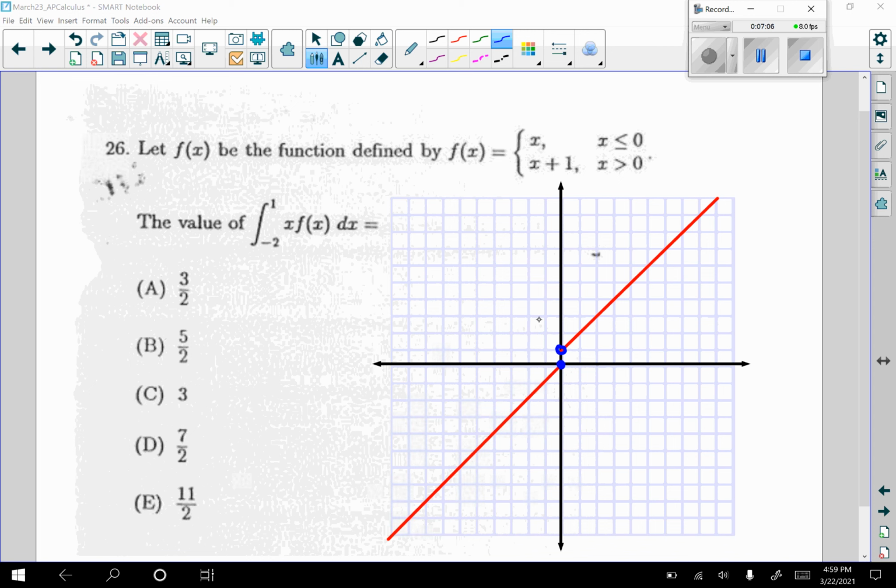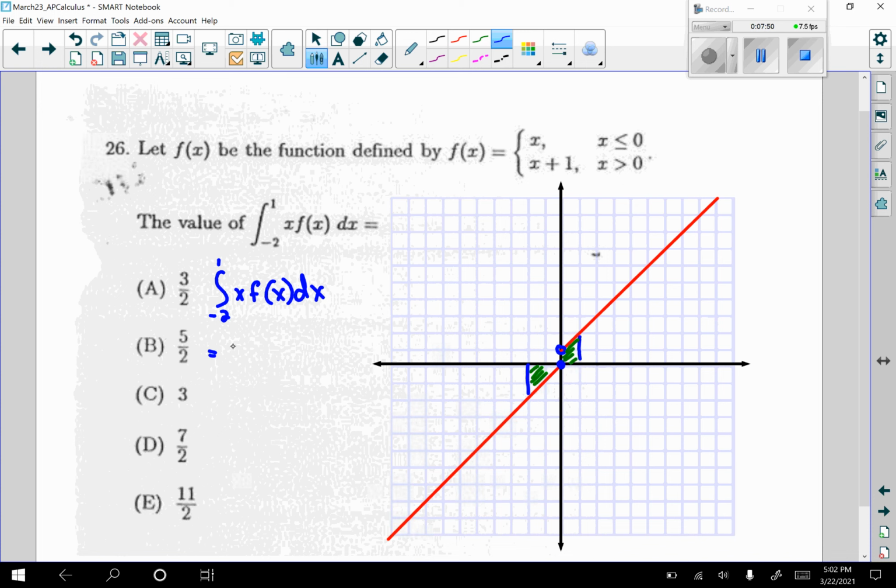So as we go from -2 to 1, we're looking at this area right here. Even though we're not using this area to help us with the integral, because it's not just of f of x, it's x times f of x, the graph can be helpful in helping us separate these, but it's not necessary. So we would say that the integral from -2 to 1 of x times f of x dx